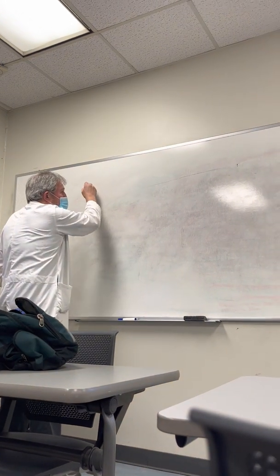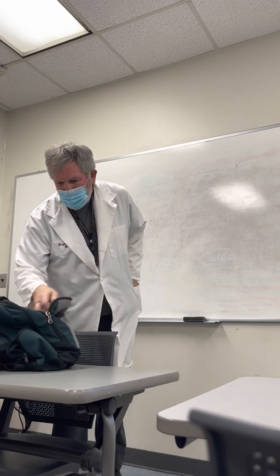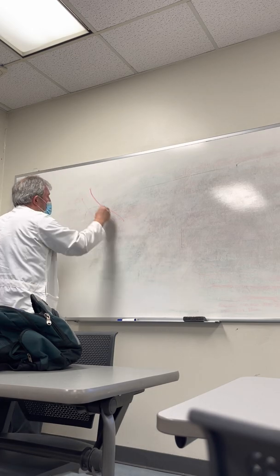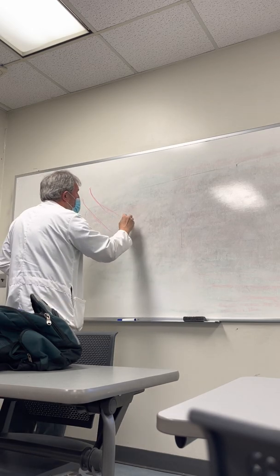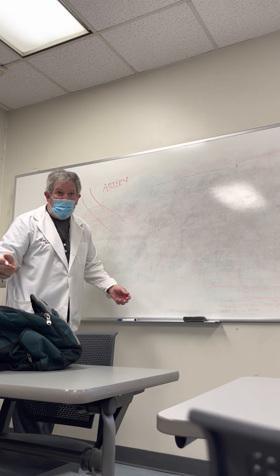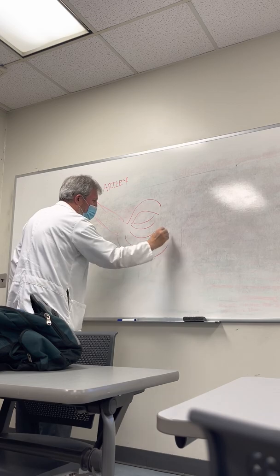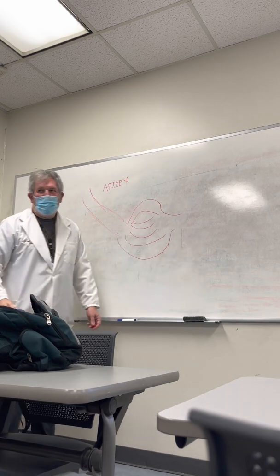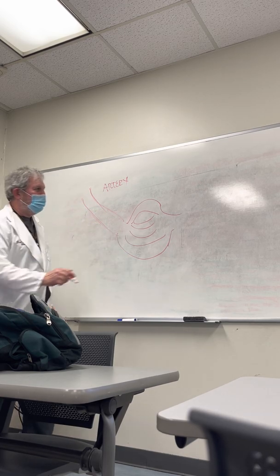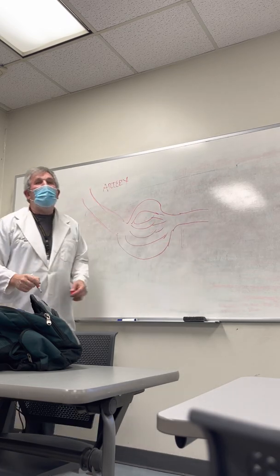Normal cardiovascular system, you're aware. We have an artery that branches into arterioles that would branch into what? What do you think I'm trying to draw here? That's a capillary bed, people. My drawing's not that bad. You should be able to figure out that if this is an artery, I'm drawing a capillary bed here. And then the blood would return back to the heart in a